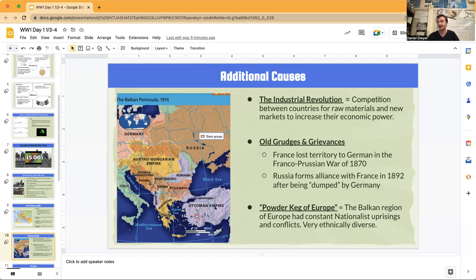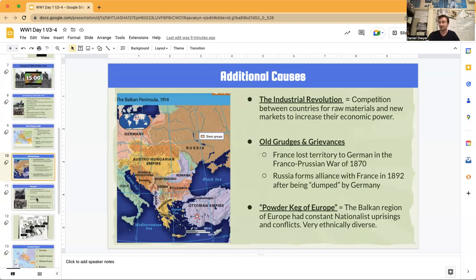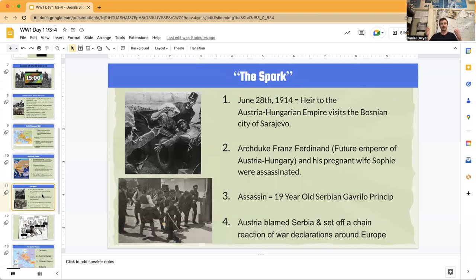We're really going to see that at the beginning of the war. All right, so you have all of these underlying conflicts. You have the powder keg, right? And so for that keg to go off, you do need a spark. So that spark is going to happen in 1914 when the heir to the Austrian-Hungarian Empire is going to visit